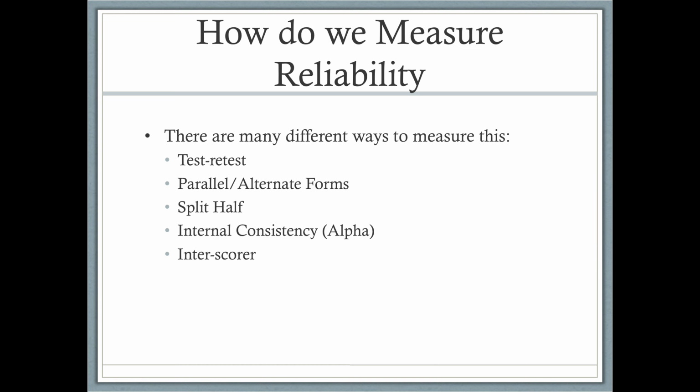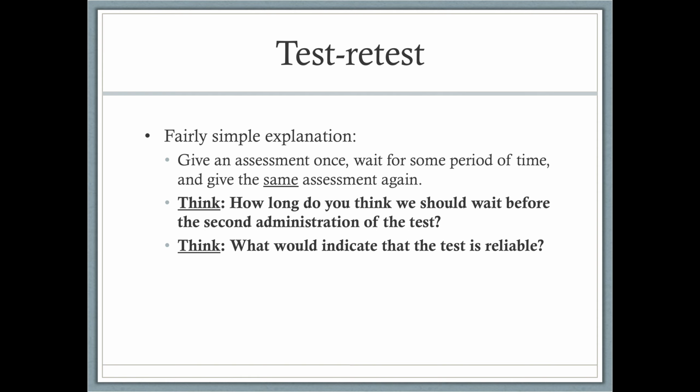So how do we measure it? So you're wondering, how am I supposed to know that? So these are the main types of ways to determine reliability of an instrument. And this happens on the developer end, and this is what they wind up telling you. We established reliability by doing a test-retest, an alternate forms test, split half, and so on. All right, so that's what they're presenting to you.